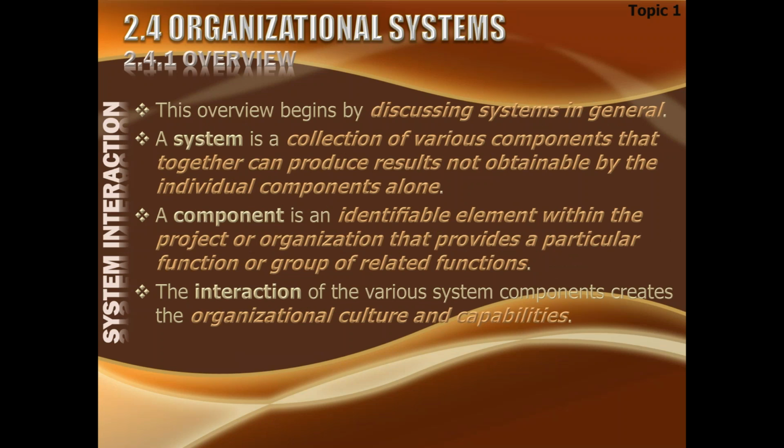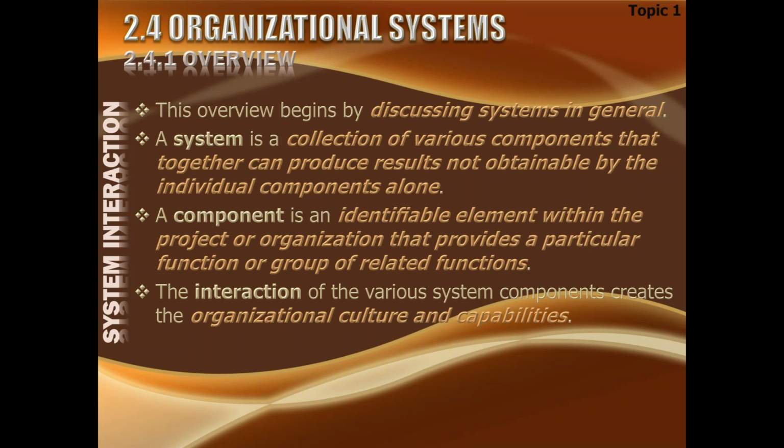A system is a collection of various components. So naturally, a system is made up of some parts. These are the various components which put together have become a system. These components, put together, can produce results not obtainable by individual components alone. If these five components were working separately, they could not have produced what the system can produce. Because once these components are joined together synergetically into a system, it can produce much more than the individual components